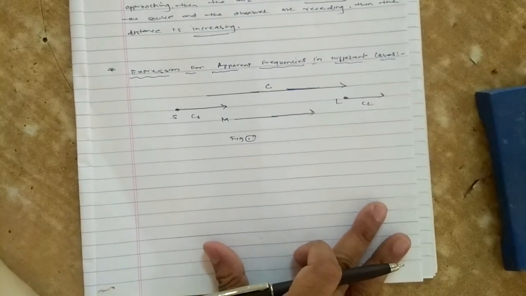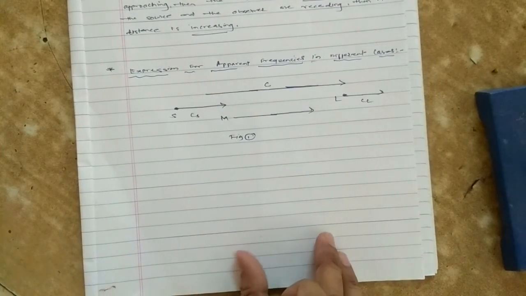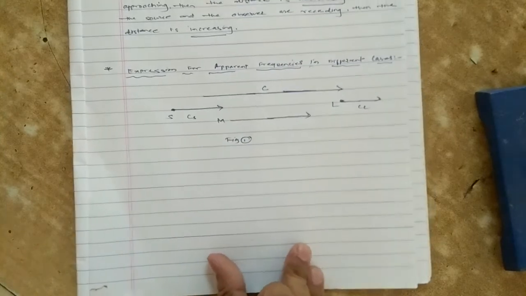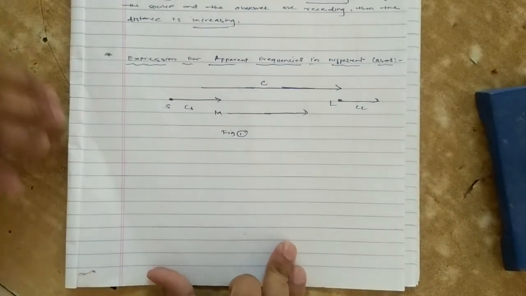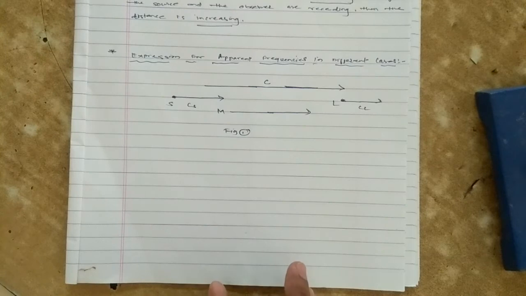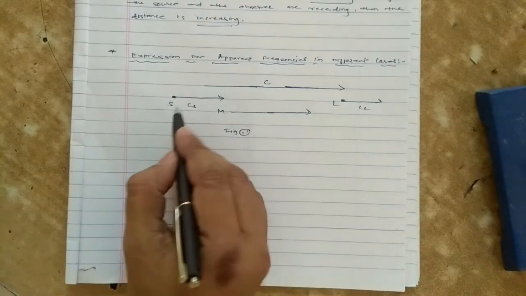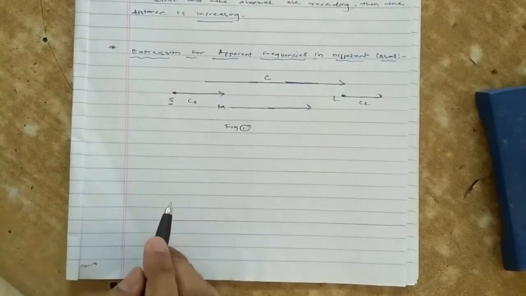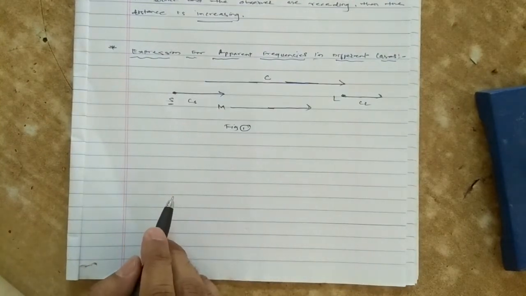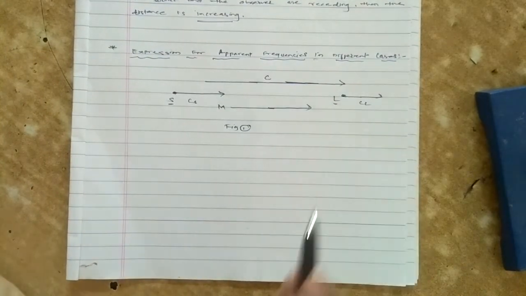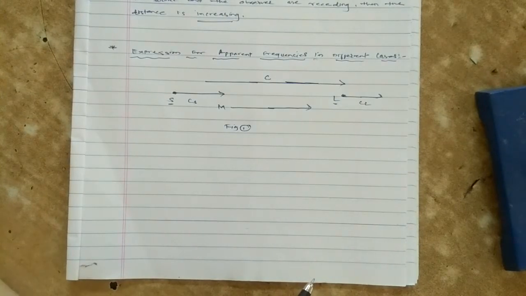Now we have to study the expression for apparent frequencies in different cases. First one is apparent frequencies in different cases. Let us consider S. This S is the source of sound. L is the listener. The sound waves are produced by the source with frequency n,